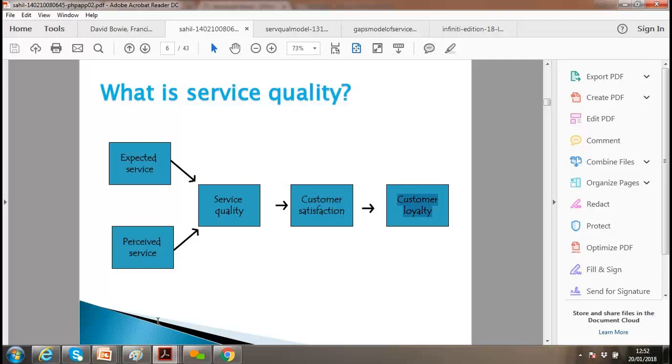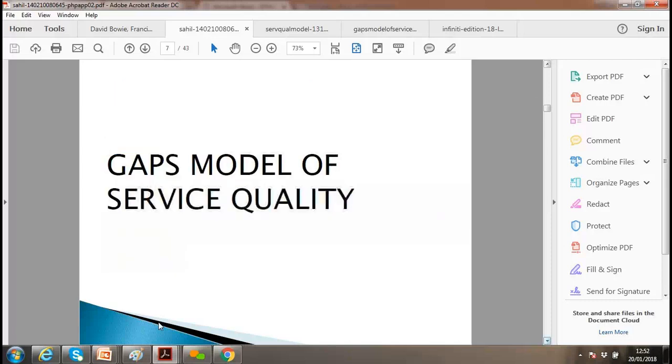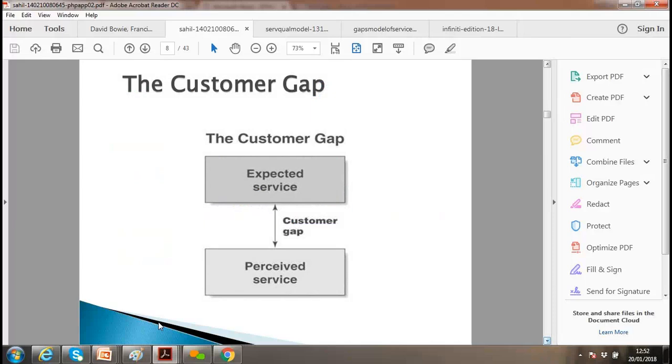Loyalty means the customer is not going anywhere else. If their satisfaction is 100%, why would the customer move around? So the gap is between the expected service and the perceived service. If there is a gap,